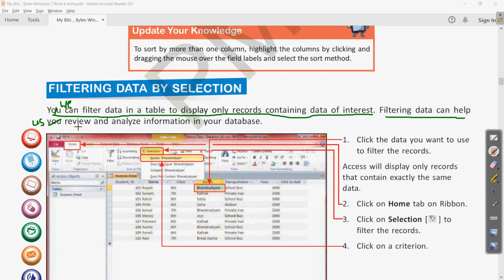Filtering data can help us review and analyze information in our database. Make all the answers in this way. So we have just seen the answer of sorting, now it is filtering. So the answer now becomes: we can filter data in a table to display only records containing data of interest. Then filtering data can help us review and analyze information in our database.